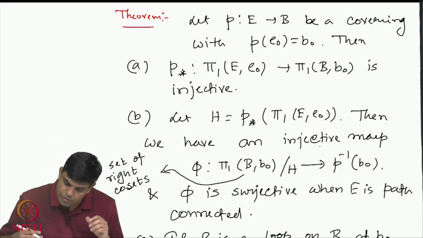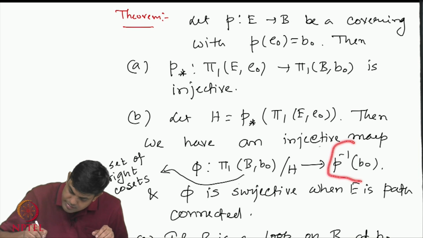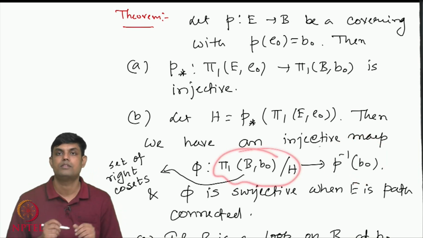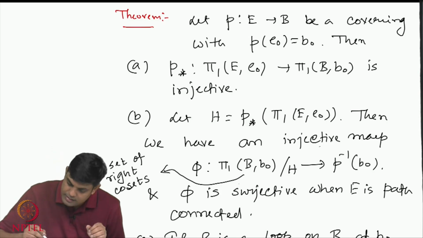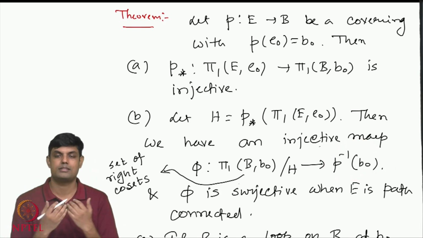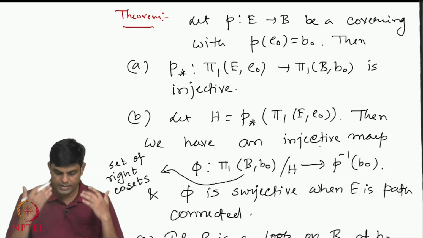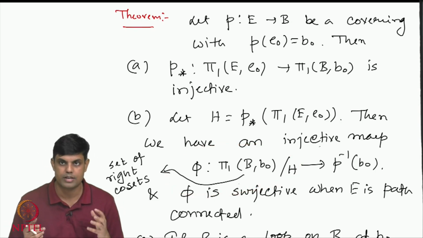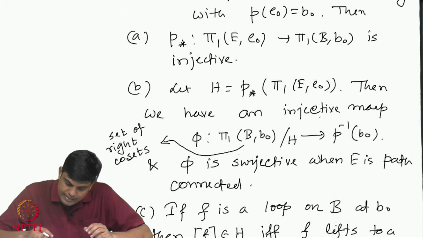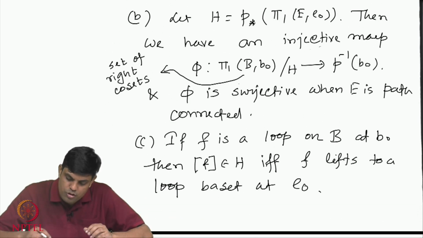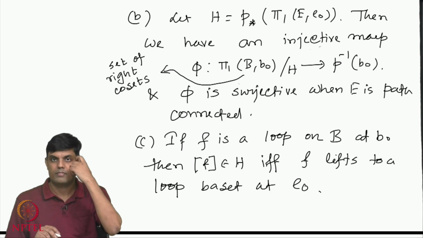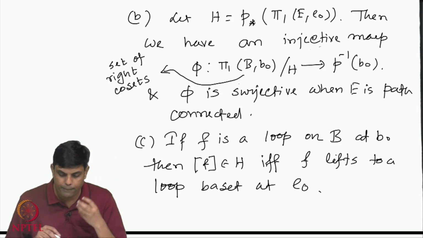Okay. Therefore, I can identify the inverse images of a base point with the cosets of this group. So the right hand side is a topological set, a set of points in your topological space, and the left hand side is a set of cosets, which are algebraic objects. Okay. And thirdly, I can actually explicitly describe what this image looks like in terms of topology, in terms of pictures,